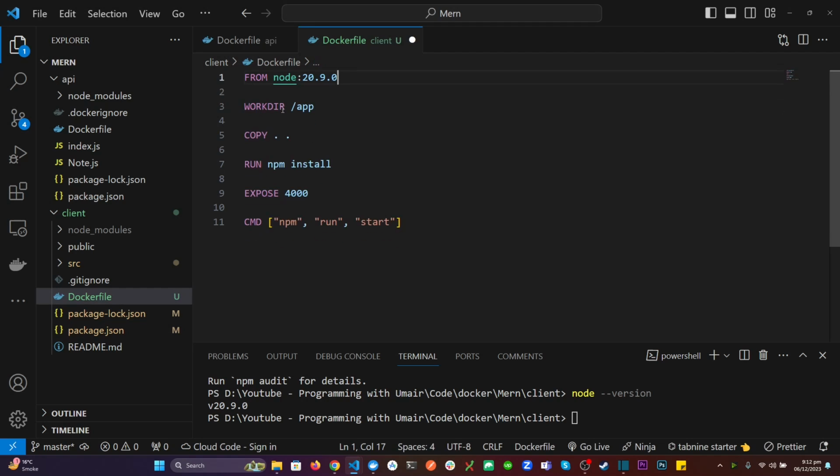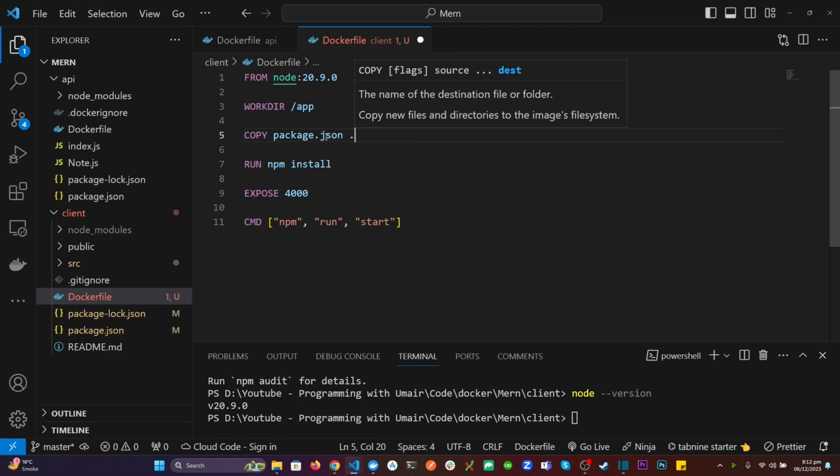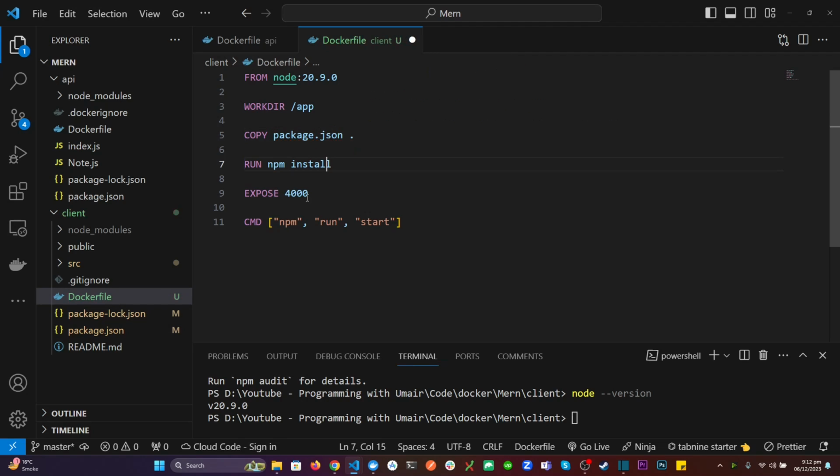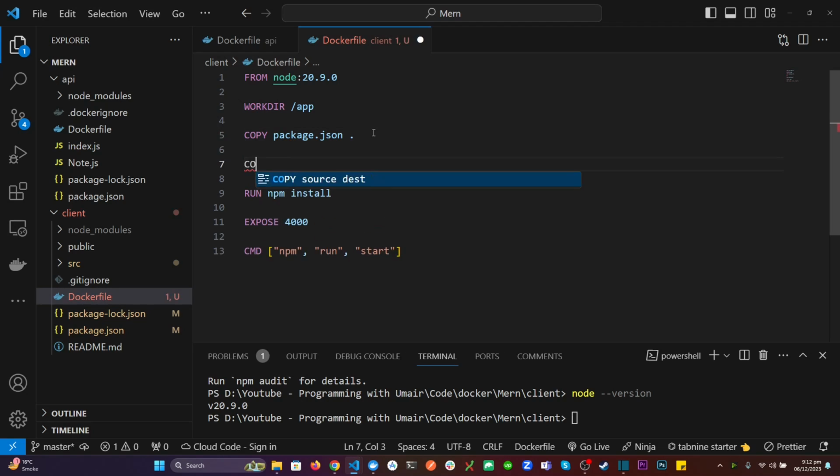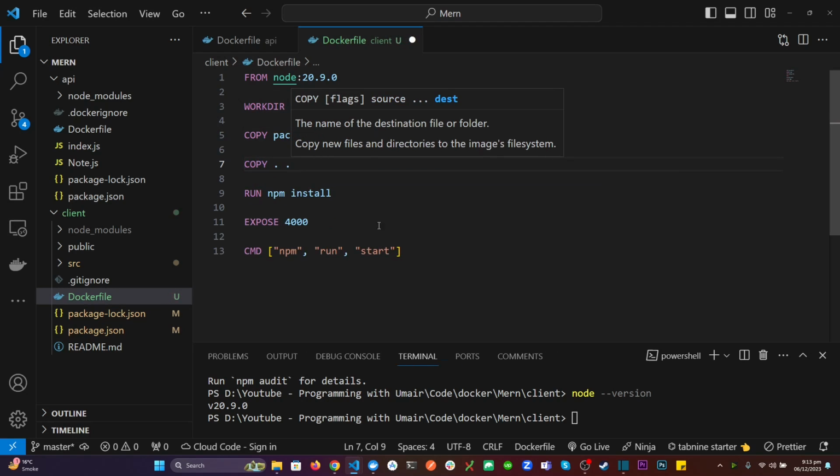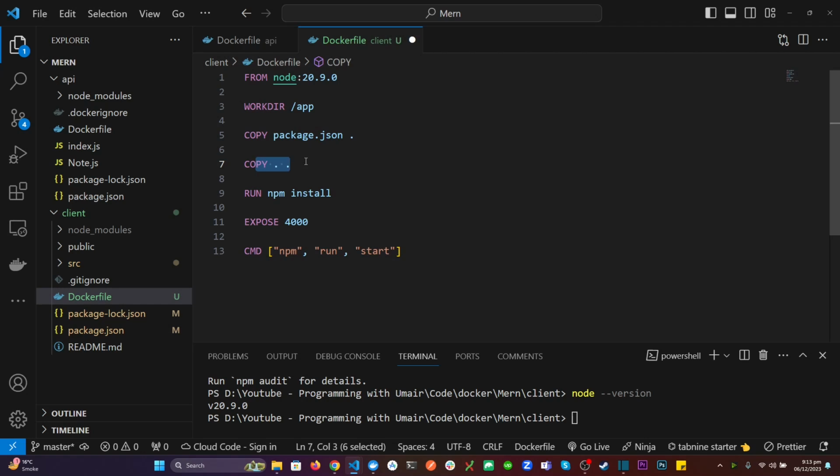It works on the backend, and I'm going to give this one, and I can copy the package.json file as well manually. Okay, and after this I can also copy all the files, so it's up to us. I'm just showing you different variations of copying local folders into the container app folder. All right, so after this let's try to install all the packages of the React, and I'm going to